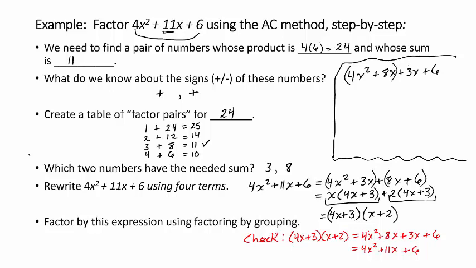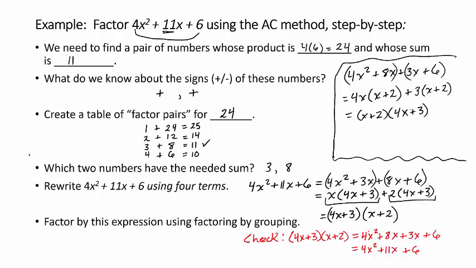So if we grouped them from here, in the first grouping I can pull out a 4x, right? 4x times x is 4x squared, and 4x times 2 gives me 8x, right? And then over here, what can I pull out from 3x plus 6? Well, just 3, right? And then I'm left with x plus 2. Okay, so now what's common to both of the terms? Well, x plus 2, right? And so then I have 4x plus 3